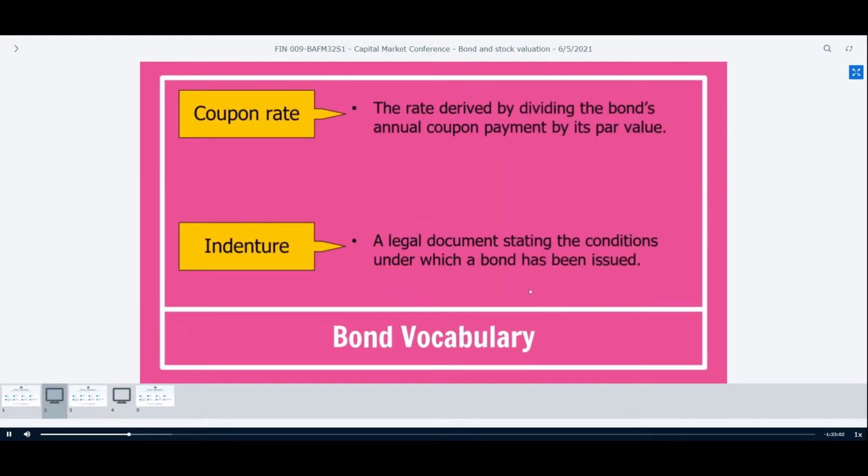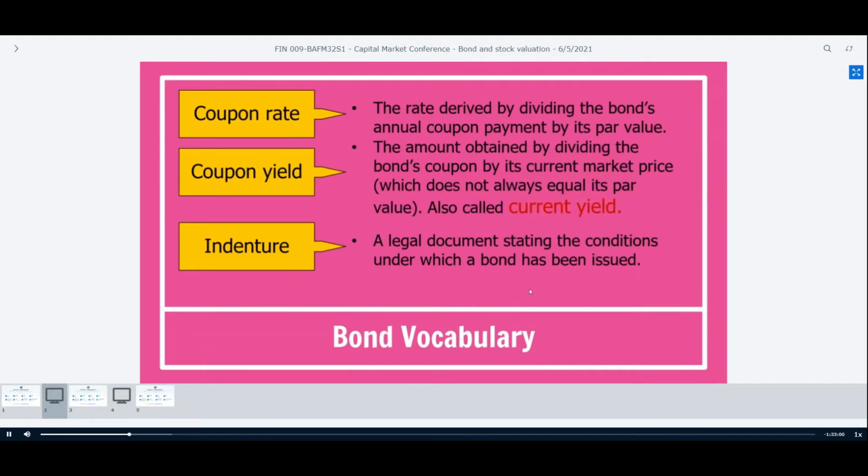And then we also have coupon rate, the rate derived by dividing the bond's annual coupon payment by its par value, or simply this is the nominal rate. No? And then coupon yield is also called current yield. This is the amount obtained by dividing the bond's coupon by its current market price, which does not always equal its par value. When we say market price, this is the current price. No, so